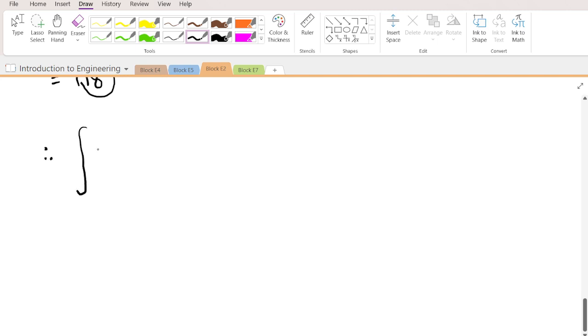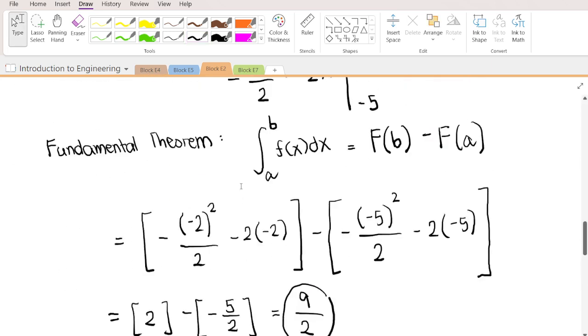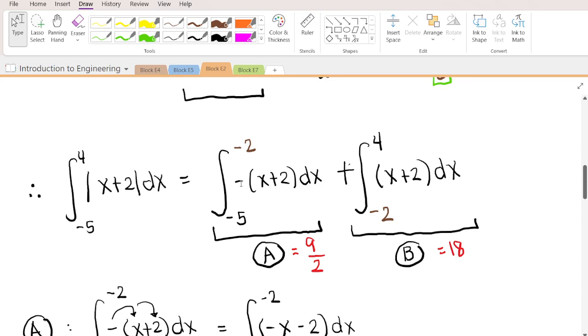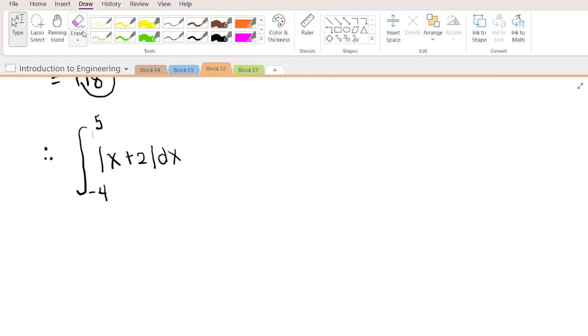So we are now done getting the answers for each of the sections. So the final answer will be the integral of x plus 2, with respect to x from negative 4 to positive 5. Am I correct? Negative 5 to positive 4. Negative 5 to positive 4